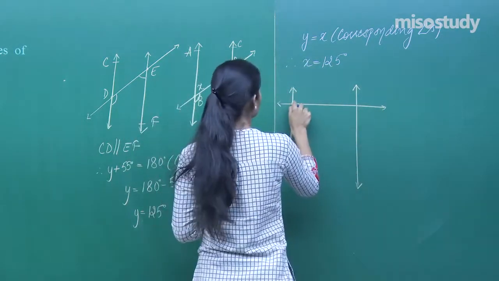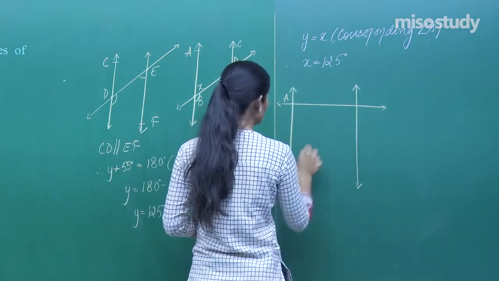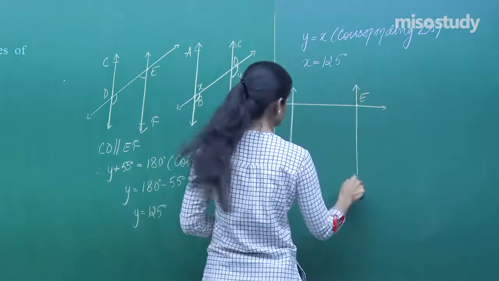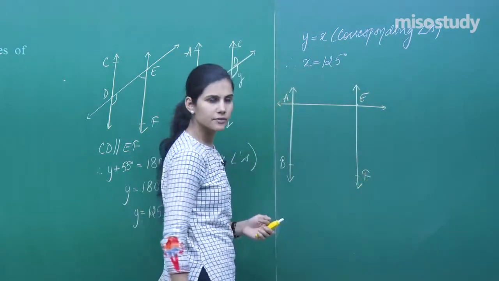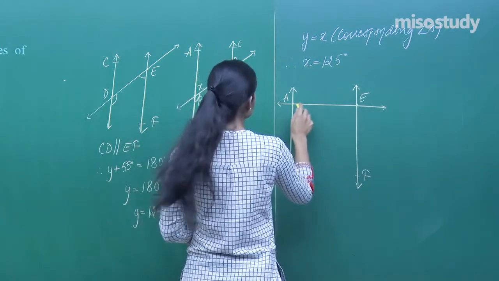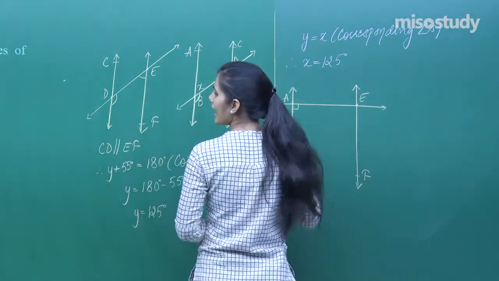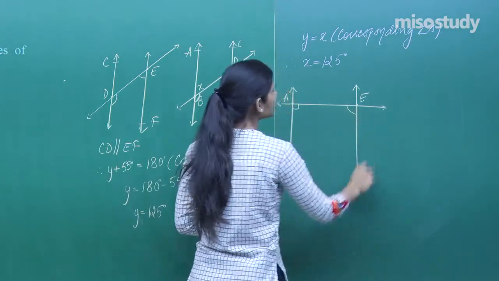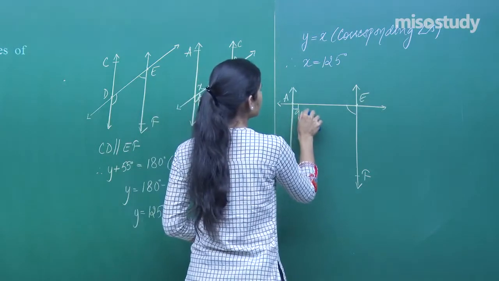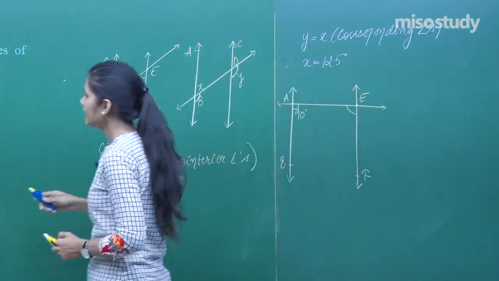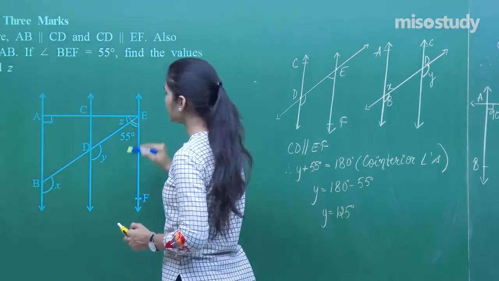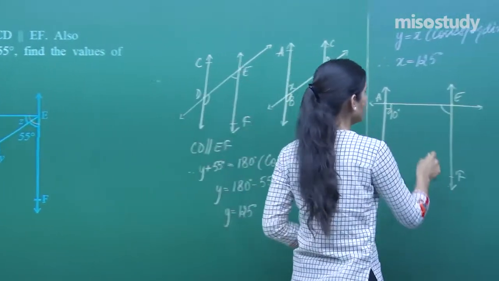This point is A, somewhere here is B, this point is E, somewhere here is F. I know AB is parallel to EF, this line is acting as the transversal, so obviously this angle and this complete angle are going to form a pair of co-interior angles. This angle is given to you as 90 degrees. What is this angle? Angle AEF. Angle AEF is this complete angle which is Z plus 55 degrees. So this is Z